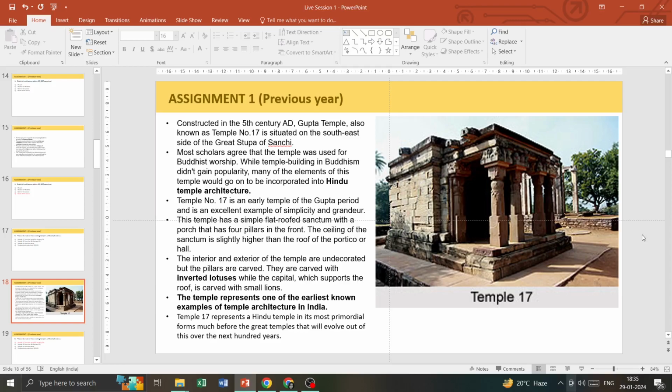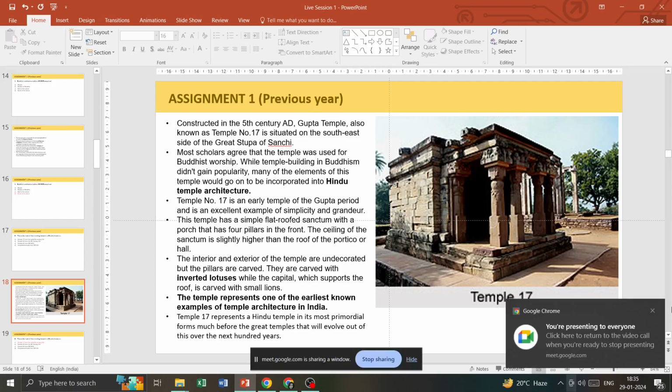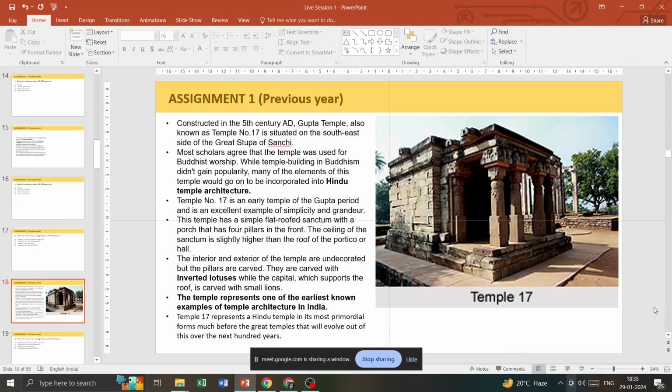Constructed in the 5th century AD, the Gupta temple, also known as temple number 17, is situated on the southeast side of the great stupa of Sanchi. Most scholars agree that the temple was used for Buddhist worship. While temple building in Buddhism didn't gain popularity, many of the elements of this temple would go on to be incorporated in Hindu temple architecture. Temple number 17 is an early temple of the Gupta period, and it is an excellent example of simplicity and